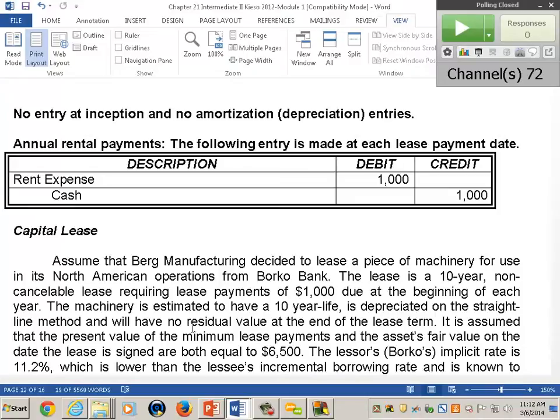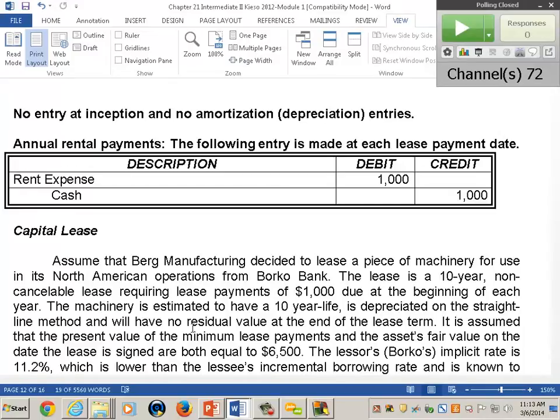We go back to this first module. Its purpose was to create a background with not only definitions but with theory, so that you understand clearly that we're looking at lease contracts that do not provide legal title. However, in substance, economically, they are equivalent to a purchase of a long-term asset using debt financing. And the issue is whether or not that transaction should be reflected on the financial statement. So is it an equivalent of a purchase of an asset using debt financing? Does economic substance take preference over legal form?